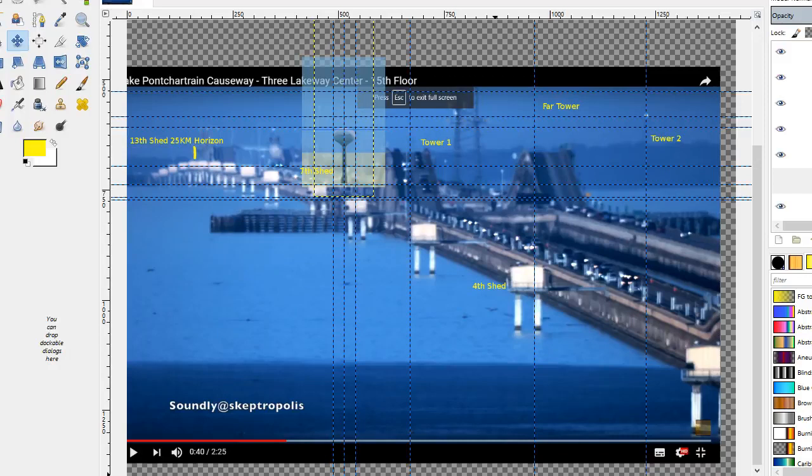When I measure the angle, where was it here? So this angle, pixel-wise, works out to our angular size